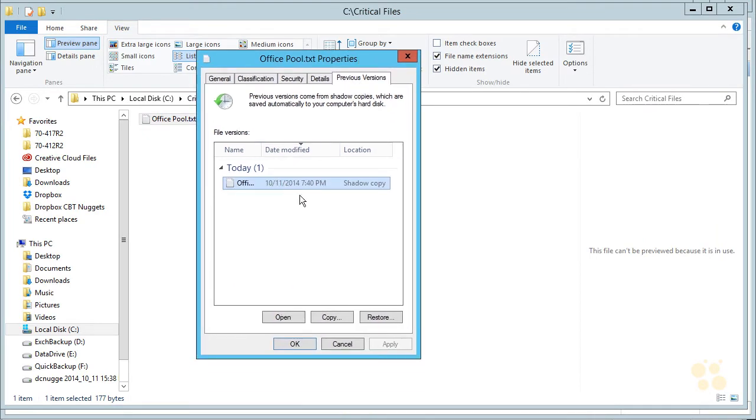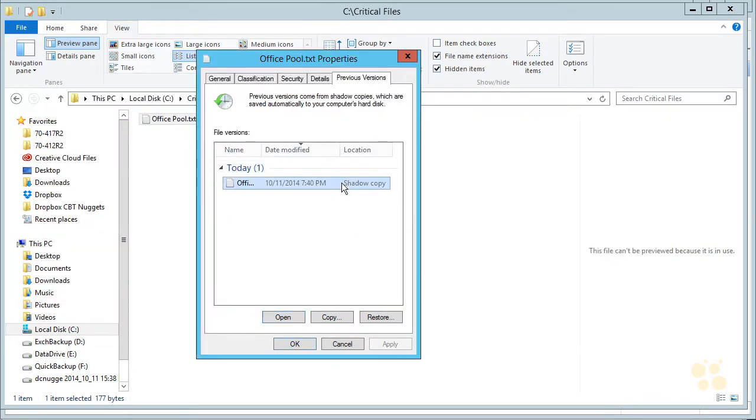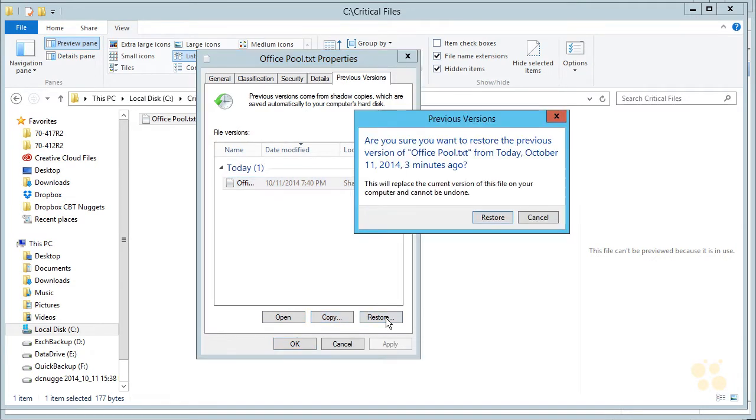So then they'll say, finally. We'll get to this and we'll restore the previous version that we know is right. You can open this too if you want to, and it will show you the way it looked previously. And I'll say, yep, that's the one I want. Which is very useful for checking versions. You can also create a copy of this, and then I'll save it to an alternate location if you want to. And then I'll just going to click on